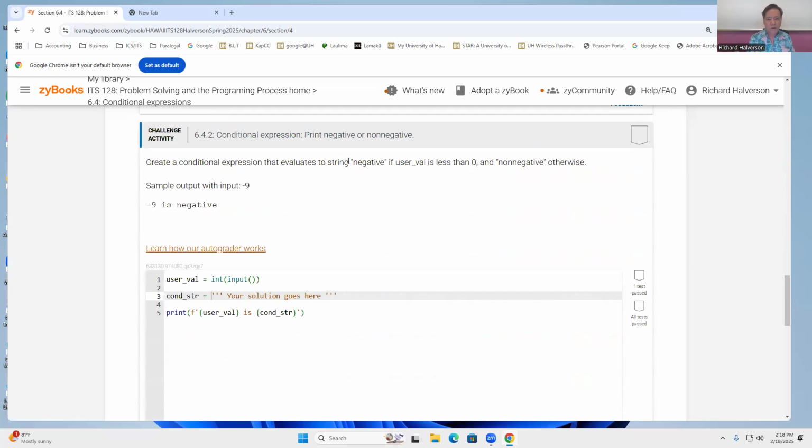Create a conditional expression that evaluates to string negative if the user value is less than 0 and non-negative otherwise. Okay, so we read in something and it's going to print. This is going to be is negative or is non-negative. Yeah, negative or not. Okay, so conditional expression is